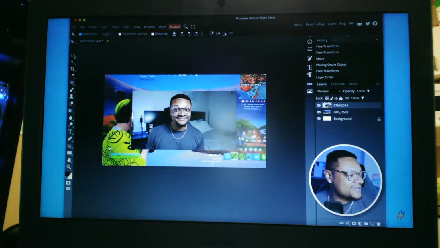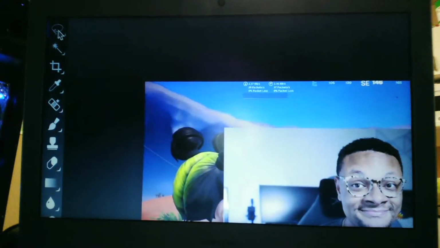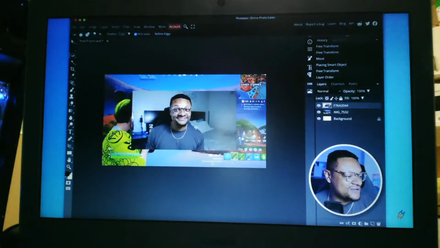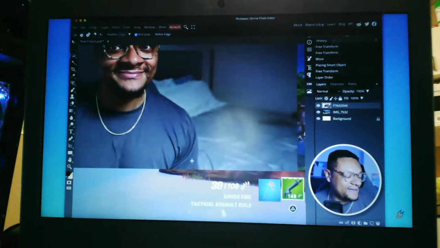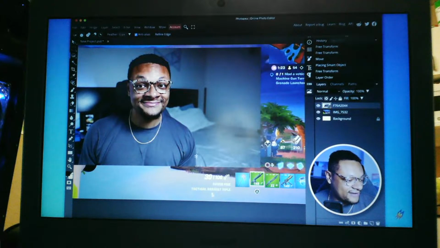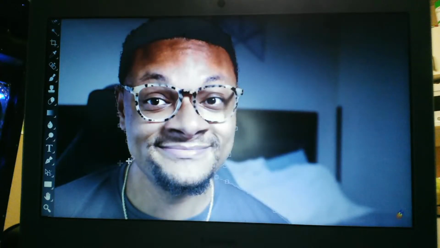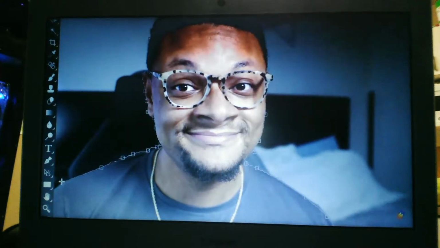So what we can do is get over here to the lasso tool, and we can actually right click that and do the magnetic lasso select. So this will be a little bit easier to shape around here, but go around your entire body and get the cleanest cutout that you can. This is definitely the most tedious part of the process, but if you want to make it easier on yourself,